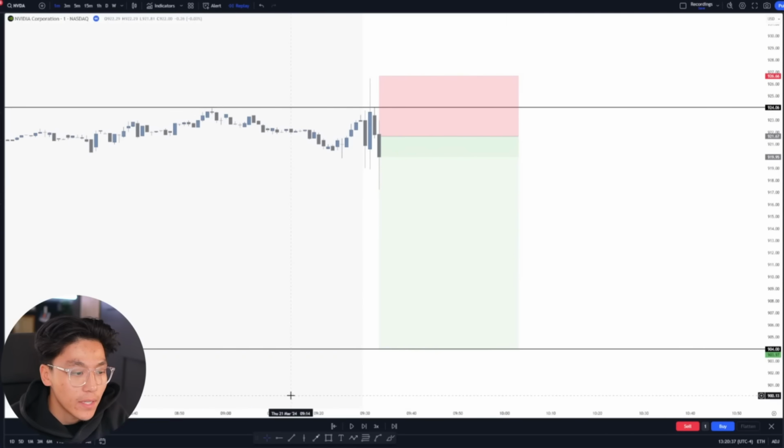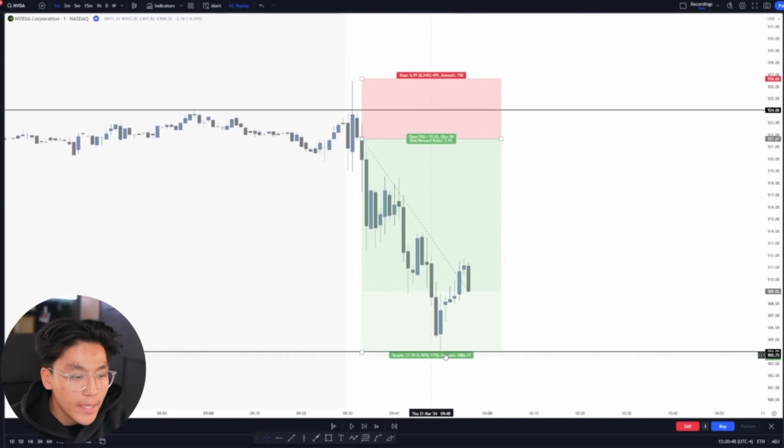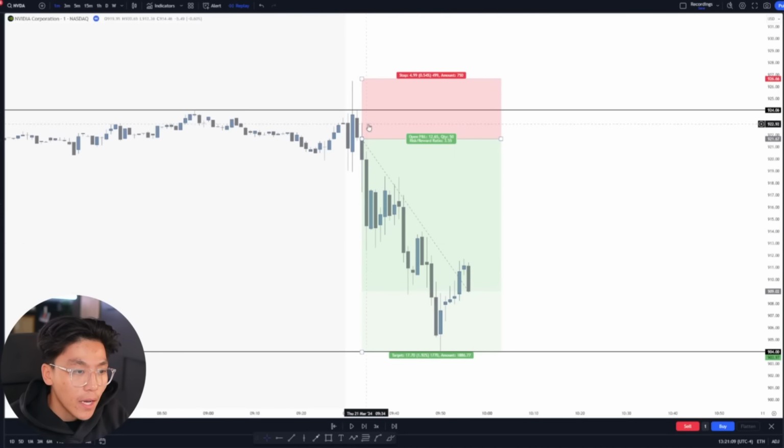And now we can play out the tape. And right there, you can see that we end up coming back down perfectly to that previous day high level, which also coincides with the gap fill. And that's why I always talk about these key levels. If you guys do want to know how I draw these key levels, you can always watch my old videos. I always talk about these key levels and these gap fills. So make sure to check out my other videos if you want to learn how to draw key levels. And as you can see right here, we have a perfect rejection off this level,